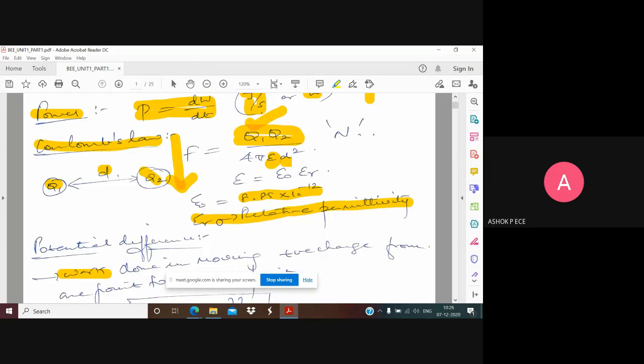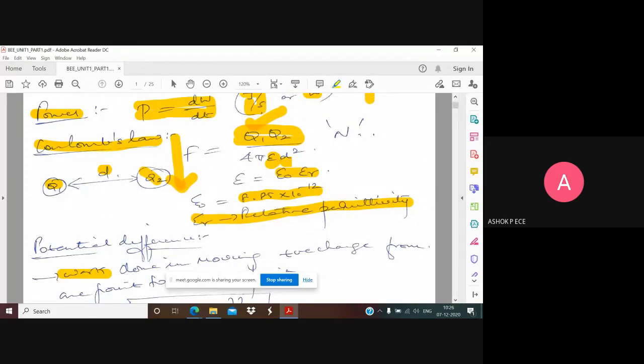The epsilon r for free space, they did experiments and found the value as 1. For other mediums like paper, mica, glass or water, the epsilon r value will be relatively higher, which means it will be even more difficult to make them conduct and produce current. So it depends on epsilon and d. Epsilon is the product of epsilon naught and epsilon r. Epsilon naught is a constant for all mediums, and epsilon r will vary from medium to medium. For air, epsilon r is going to be 1. For other mediums, they will have different values of epsilon r.